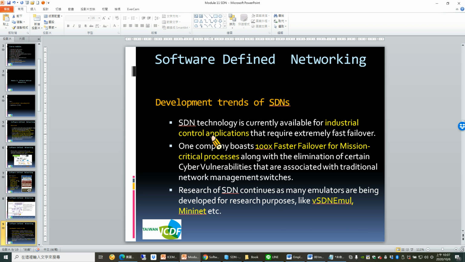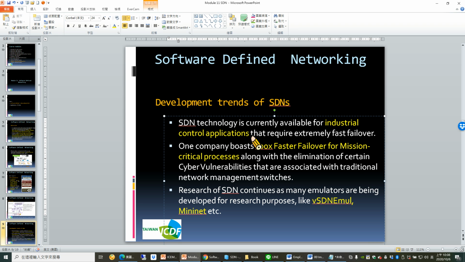The new development trend of SDN technology is now available for industry control applications that require extremely fast failover. In some industries, you need fast failover to overcome the problem of system downtime. Some systems cannot go down, like nuclear or MRT systems, or even airplane control systems. So industry has to provide a more robust and reliable system, and SDN can play a role in industry control applications. One company has achieved 100 times faster failover for mission-critical processes, and the research on SDN